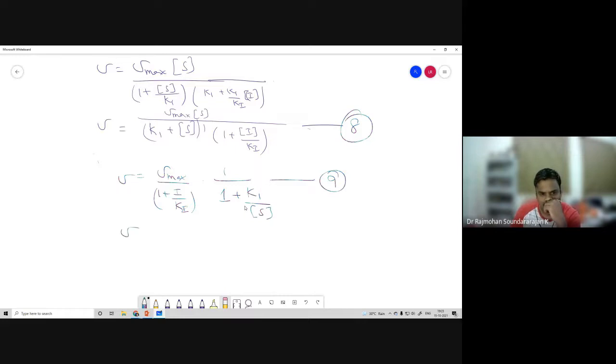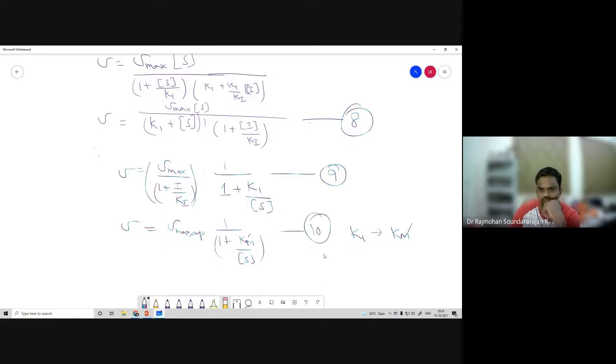Now I am going to rewrite things, because this can be written as Vmax approximate, or Vmax dash or something, because we want to differentiate it. This term can be replaced with Vmax approximate by 1 plus K1 by S. This K1, in the problem, is given as Km dash, right? So we can write it as Km dash into this. Let it be equation number 10.